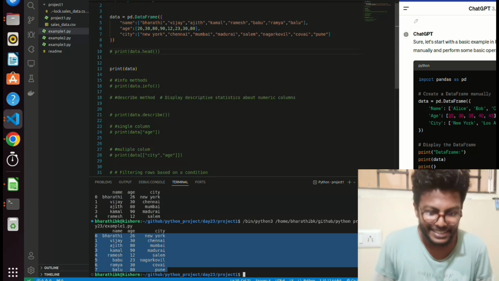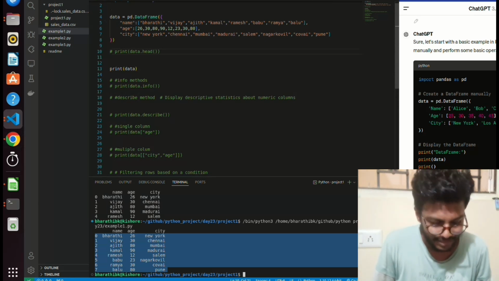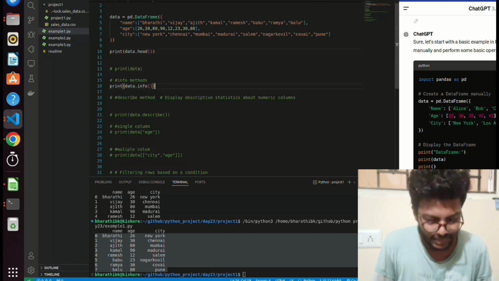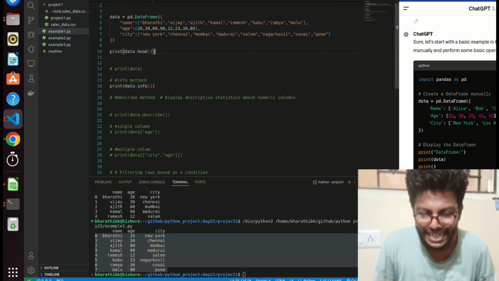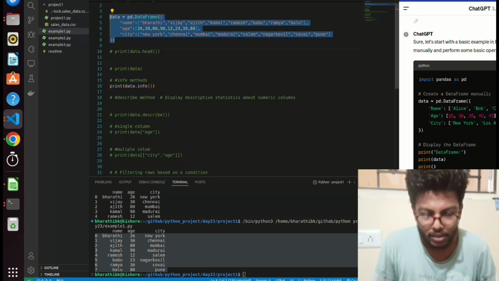Okay, let's start again. I hope you guys understand the concept of the head method. Then I'm going to print this data. Then I'm using this info method. By using this info method, we can find the metadata of this data. So this data looks like columns and rows, right? So column, so we can